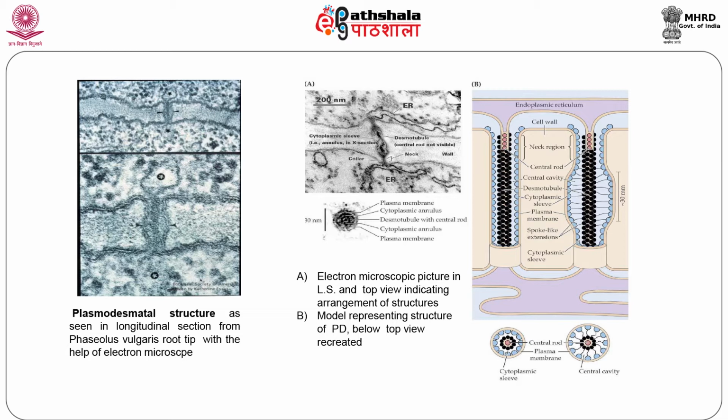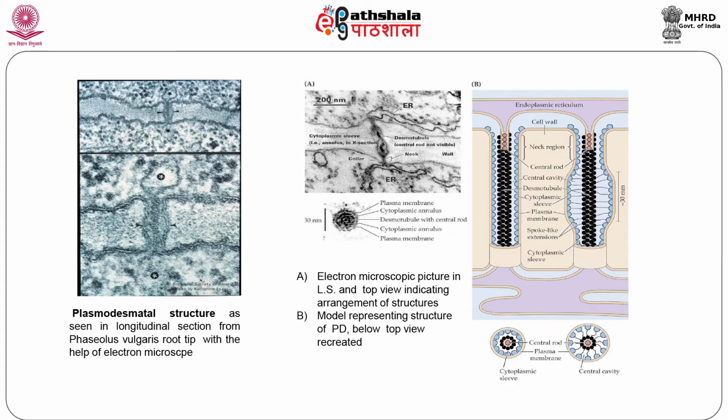In 1990, Roberts modified the structural model, indicating the presence of contractile proteins surrounding the neck region. Also, it was proposed that the central rod is surrounded by electron dense strands made up of actin and myosin. Of these, myosin has been shown to have high ATPase domain activity, which is implicated in active transport